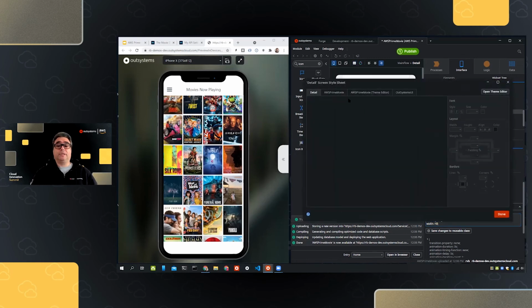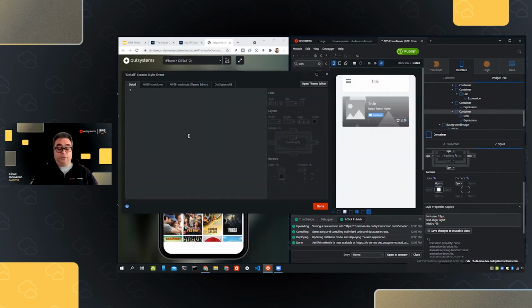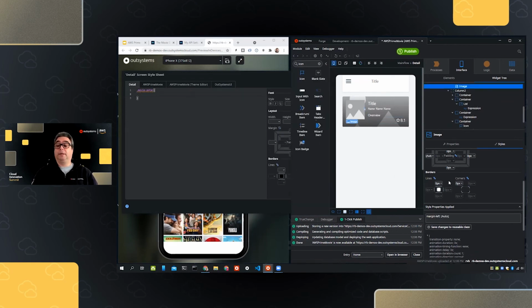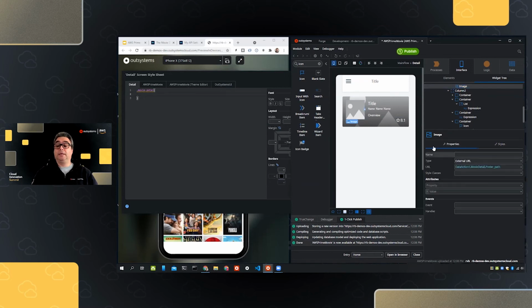However, for the CSS specialists out there, we can actually build a proper class, right? So I'm just going to build quickly a simple class. I'm going to call it movie poster, okay? And I'm going to build an empty class for now. And I'm going to format this and say that this image should be using the movie poster. Oh, I called it Potter. Seriously? Movie poster